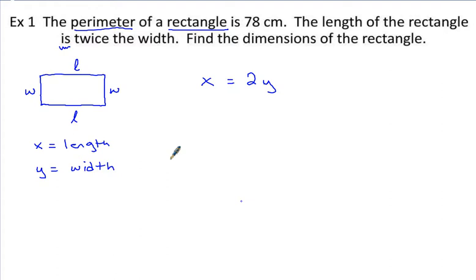The other part of this we've got to get is use the information in the very first sentence. The perimeter of the rectangle is. If you do not know this, write this down. The perimeter formula for a rectangle is equal to 2 times the length plus 2 times the width. Because guys, there's 2 lengths and 2 widths, and if you add them all up, that's the formula for it. So it tells us our perimeter. We know what the perimeter is. It is 78 equals